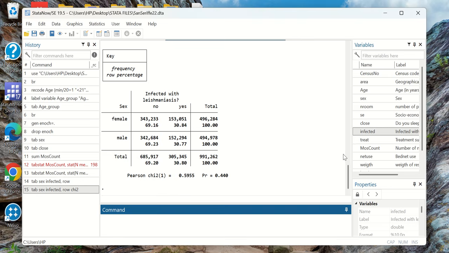Okay, so how do we go about that when your variable is numeric in nature and you want to find out the crude association between that particular numeric variable and the dependent variable,